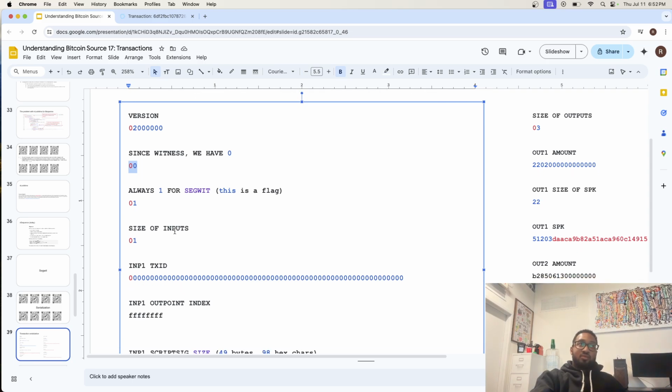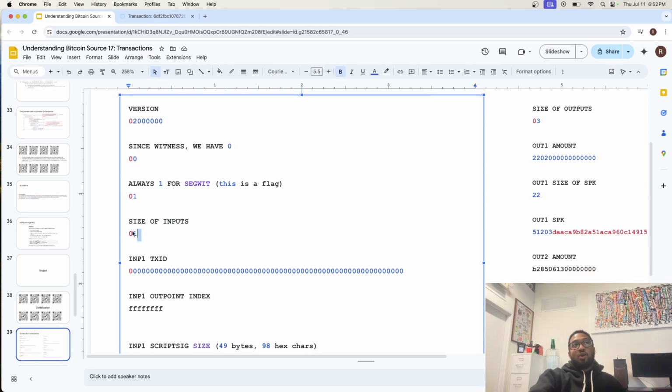And you'll see the other changes that we make. You have the size of your inputs. Again, we have the Coinbase transaction. This is the input 1 transaction ID. So even though there's no actual input, like there's no previous transaction output you're spending, you can reference this 0 transaction ID. None of this is validated, right?